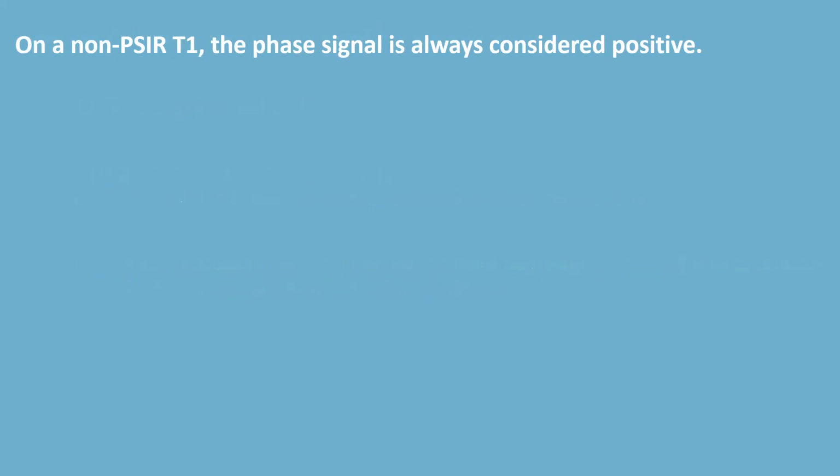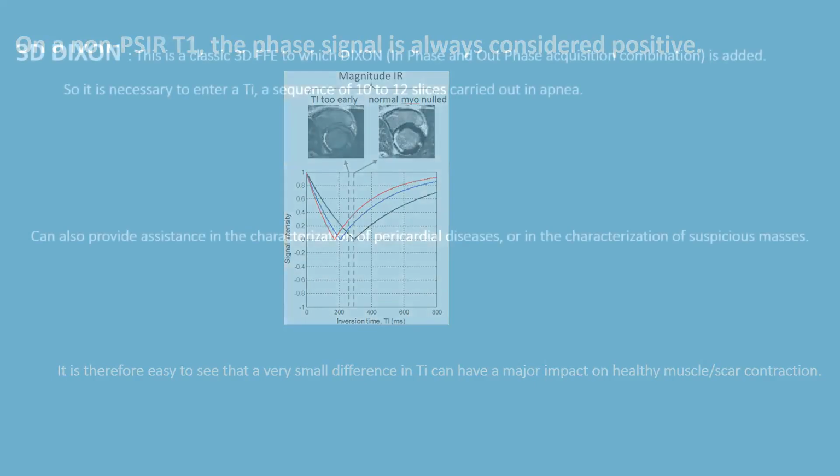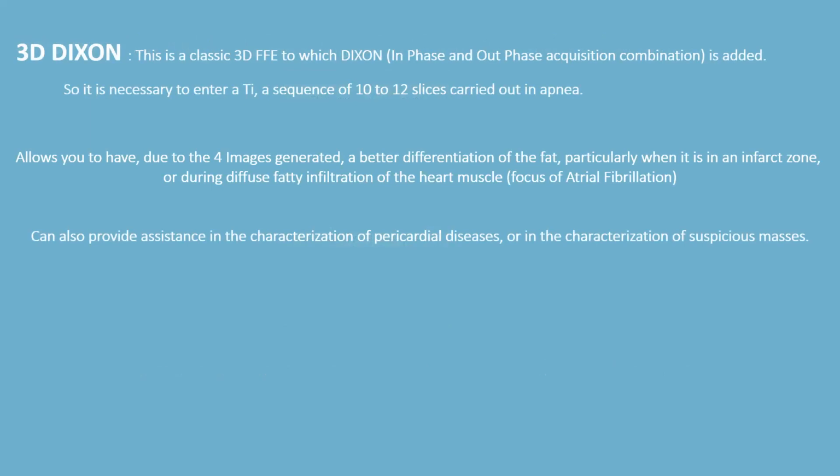In the non-PSIR T1, the phase signal is always considered as positive. It's therefore easy to see that a very small difference in TE can have a major impact on healthy muscle contraction. For the 3D Dixon sequence,